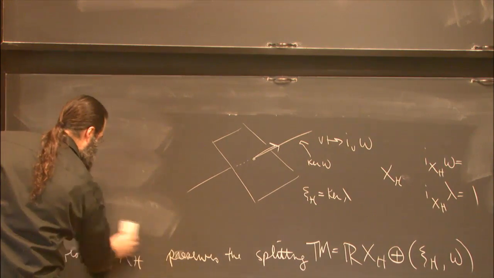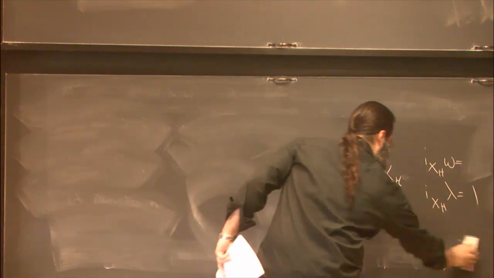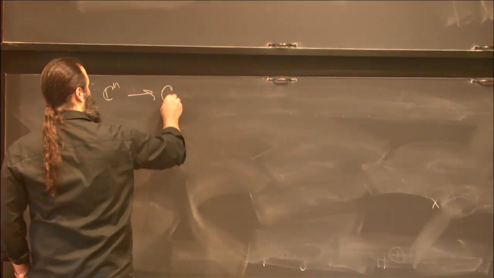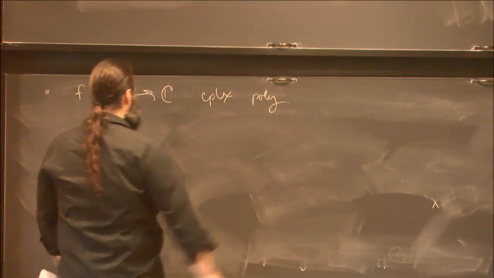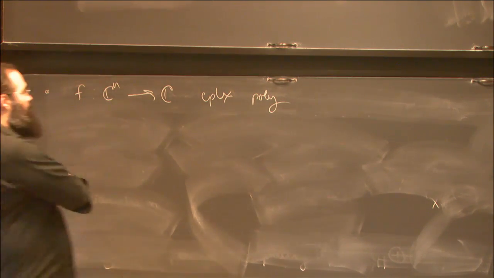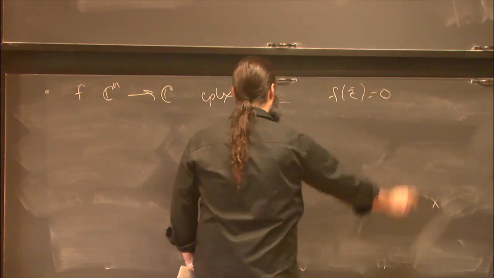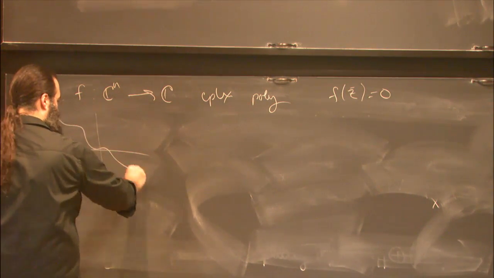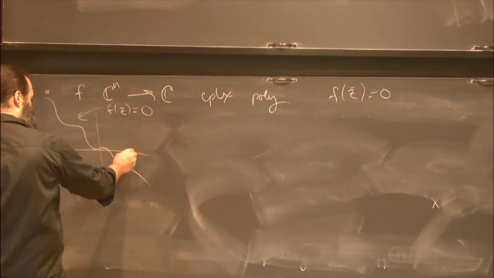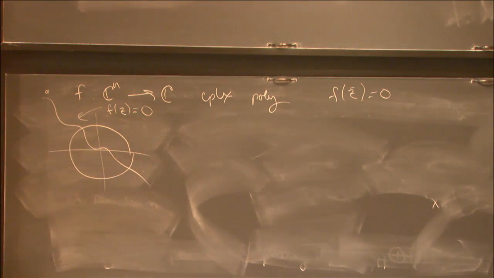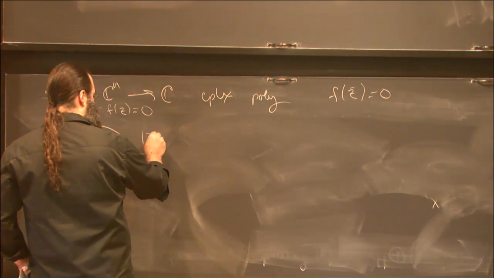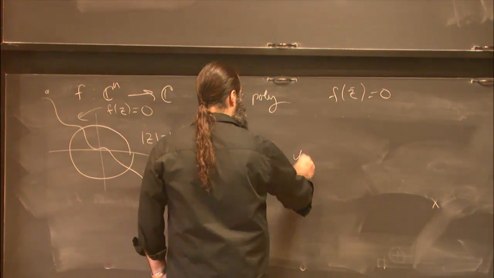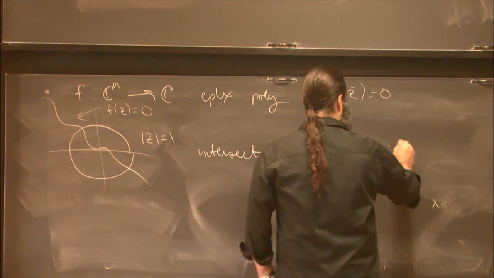So we sort of see these things come up topologically, and in the Riemannian world, they arise geometrically. In algebraic geometry, we can consider a complex polynomial on C^n and look at its zero set. And if we're away from critical points of that polynomial, say f(z) = 0, I can intersect this with the unit sphere, or a round sphere of any radius in C^n. And this intersection, if transverse, is a contact submanifold